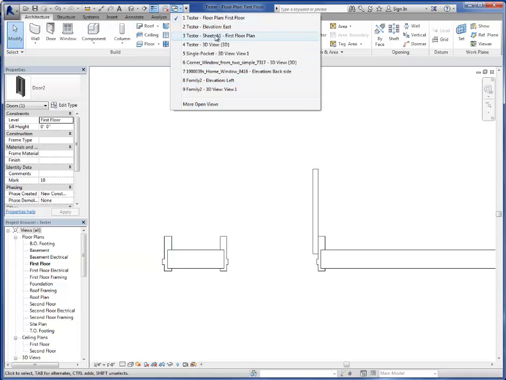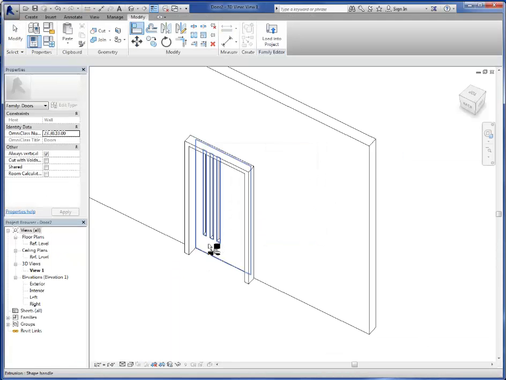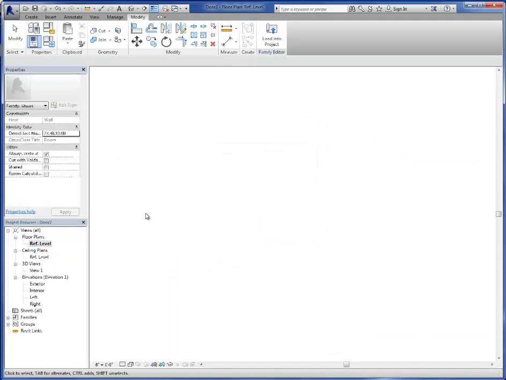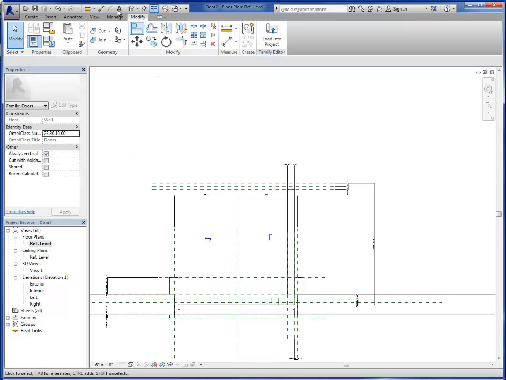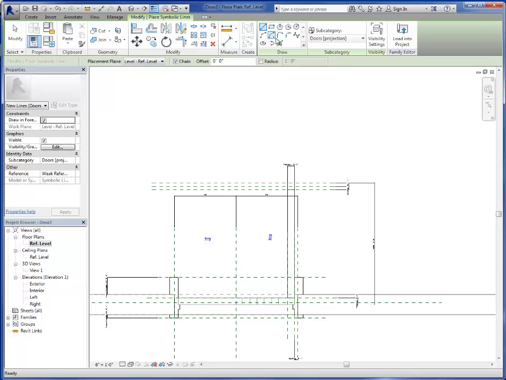Okay. All right, so then we need to go back. The last thing we need to do is create a symbolic line for the arc. More views, door 2. Go to our reference plan here. Now we just need to create an arc. So we're going to insert or annotate symbolic line. We're going to draw an arc here, from there